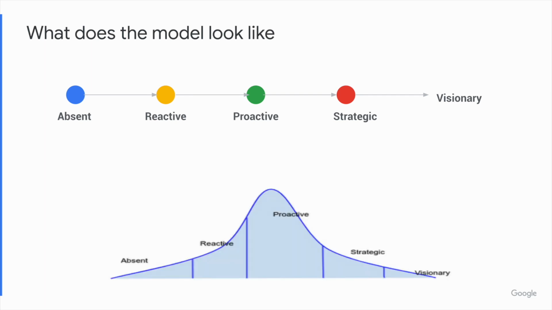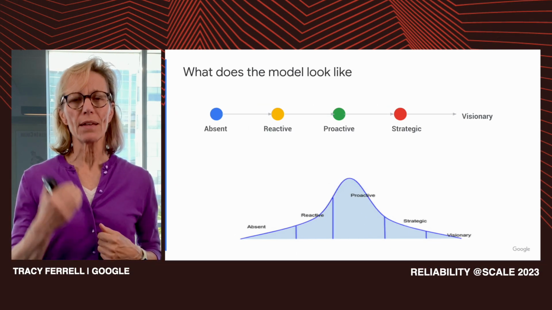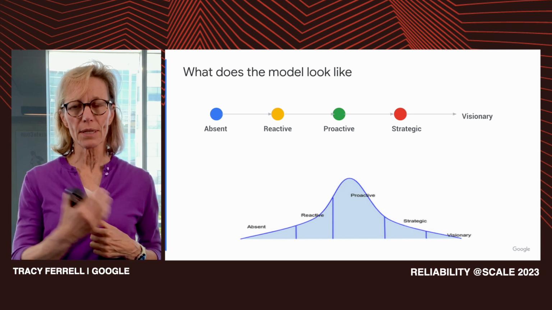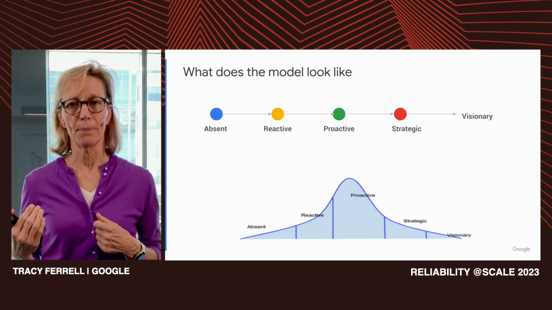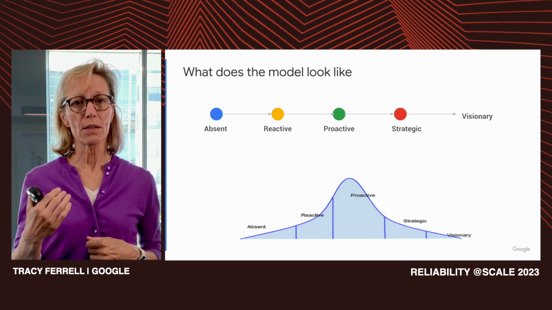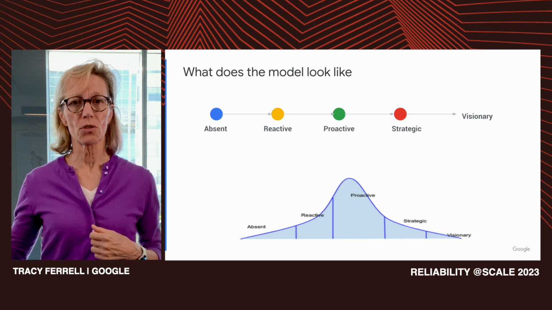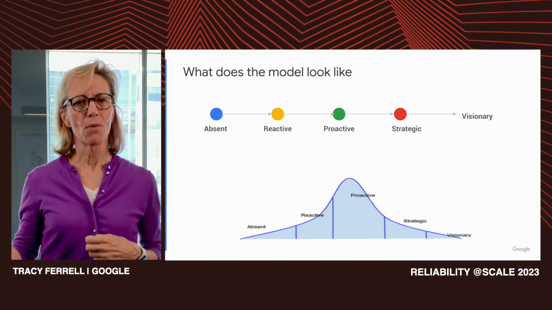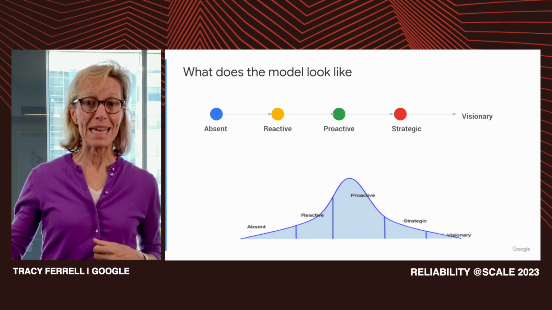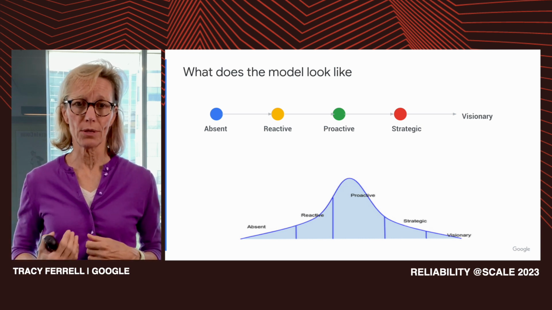So it should be noted, I have a bell curve on the slide now. It shows how products may distribute in an organization across this curve of reliability maturity. And it should be noted that even at Google, organizations will exist on this bell curve of maturity. The cost of maturity does go up significantly as the organization travels to the right. And more importantly, the cost to maintain that level of maturity also goes up.